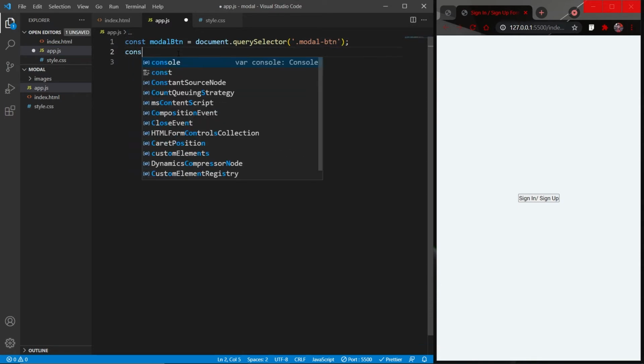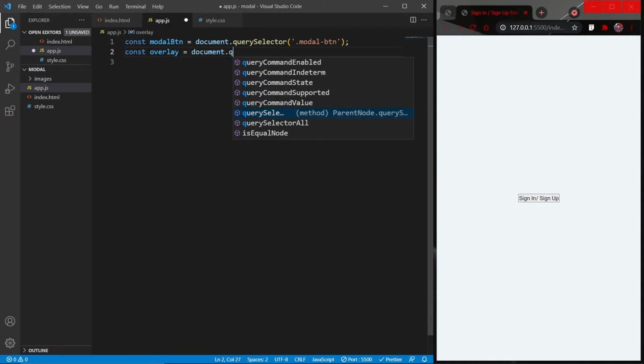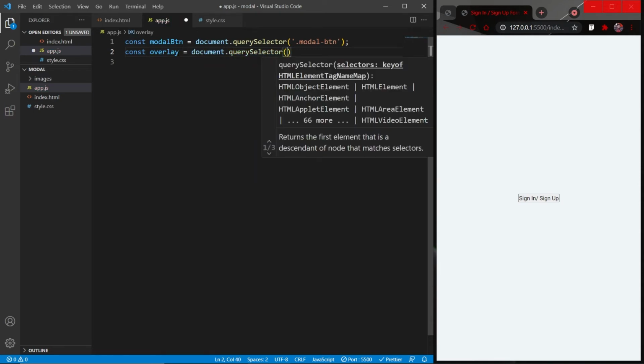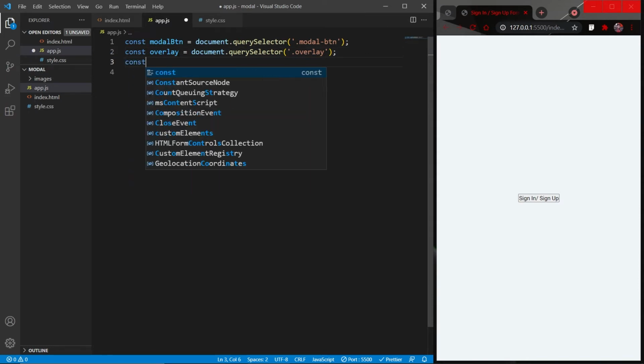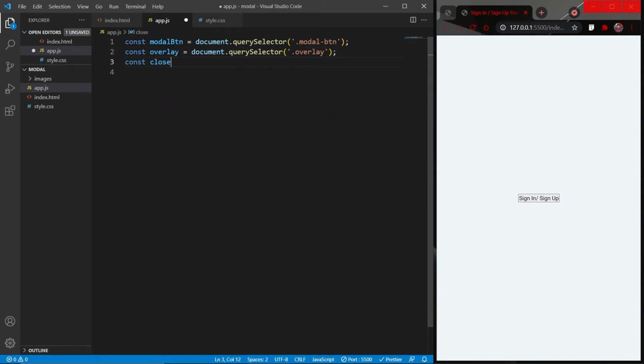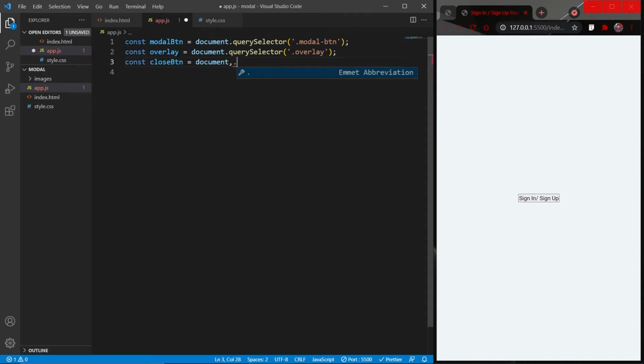Then I will select the overlay the same way using querySelector. The class for that was overlay. And one more thing that I'll select is my close button that I have on the form. Name it closeBtn, document.querySelector and the class name was close-btn.